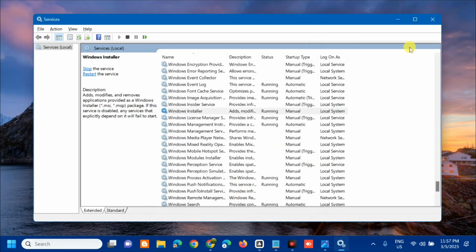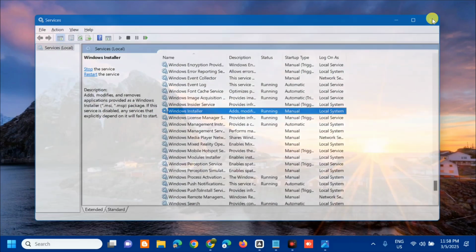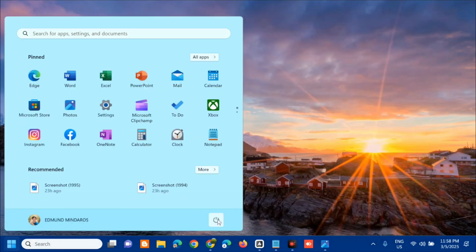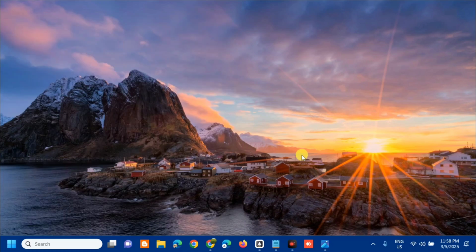After this, close Services, and then at the start menu, restart our PC. Click restart. That's it guys on how to fix Windows Update with the error code